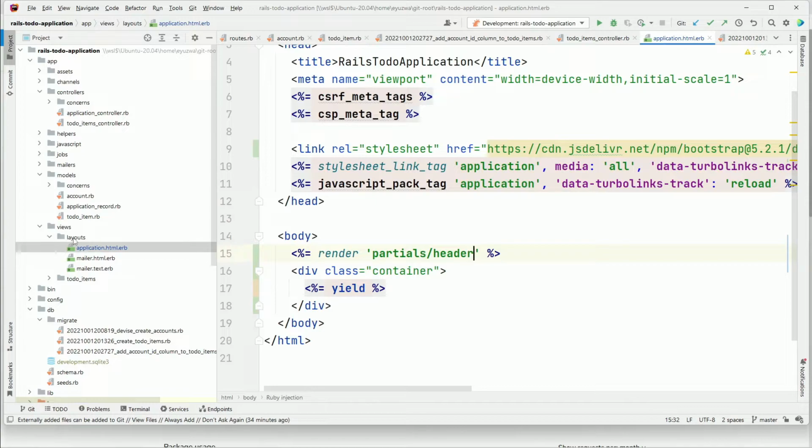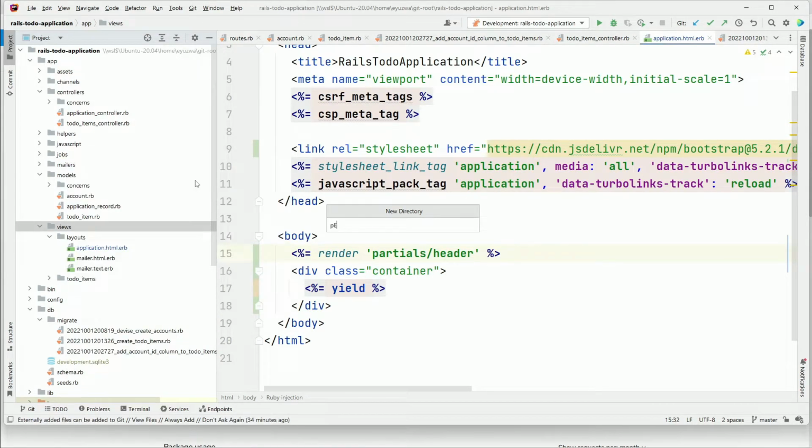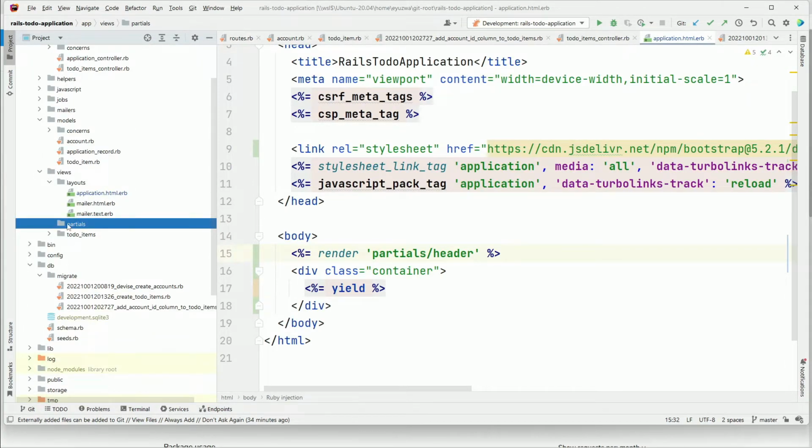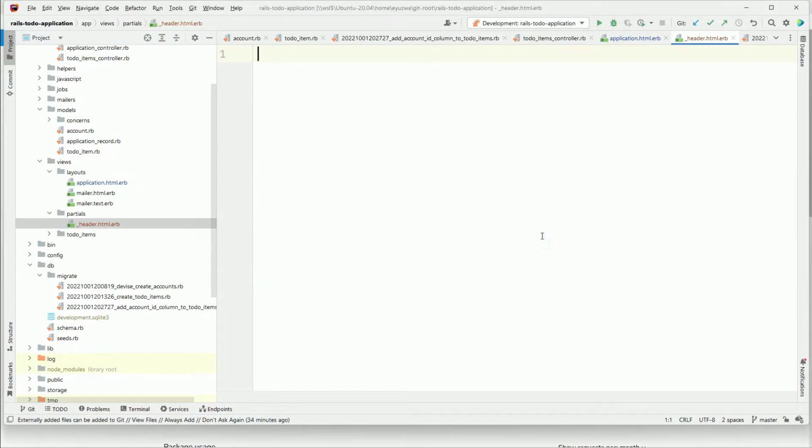So back in our views layouts folder, if we go back to the views root folder, we create a new directory, call it partials, and within that we'll create a header file, _header.html.erb. So the underscore is a helper, a visual reminder that we're injecting this as a partial. I think all of the partials have to be